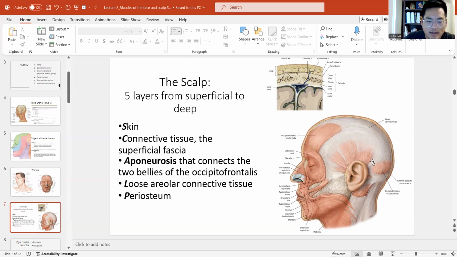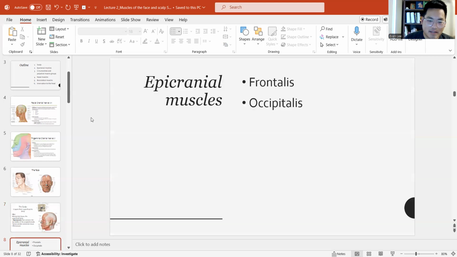But lastly, you have two more things: loose areolar connective tissue that just kind of helps to form a barrier between the bone and the aponeurosis itself. And then lastly, periosteum, which is the outer layer that surrounds the bone, and that means that we are at the skull now. So scalp, I mean, use the acronym SCALP, but let's go ahead and start looking at